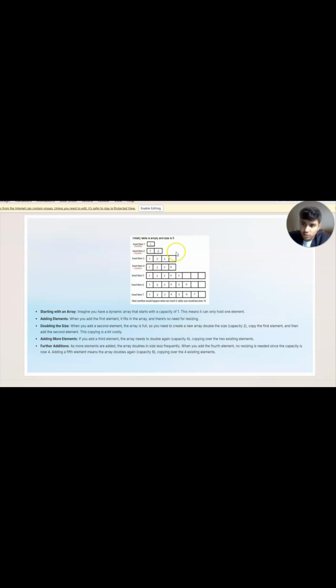So we add 3. Then after adding 3, we can directly add 4 as there is an empty index. Then for adding 5, again there is no empty index, so we have to double its size and resize our array, and now it becomes an 8 element capacity dynamic array. 4 to 8.